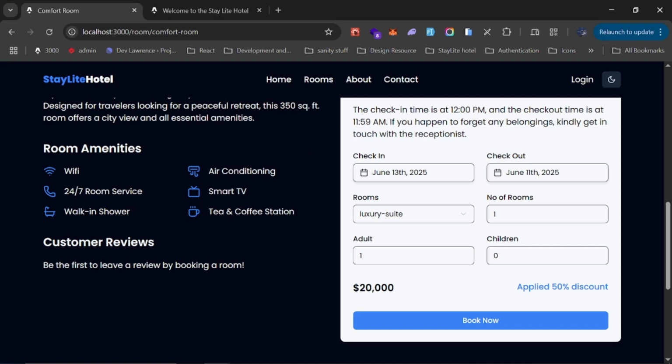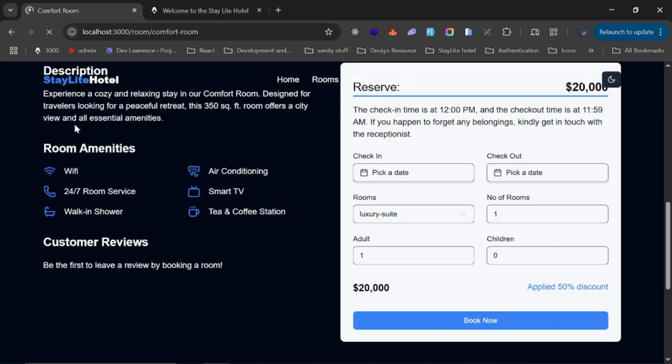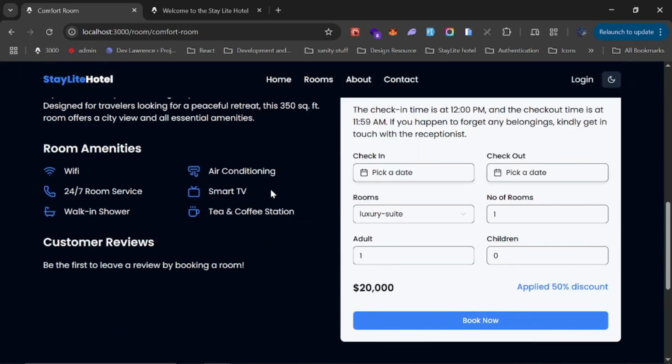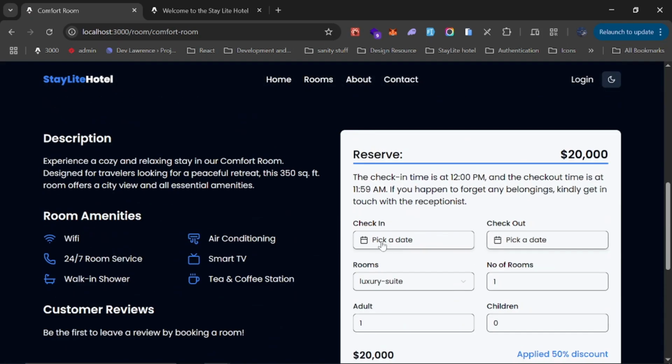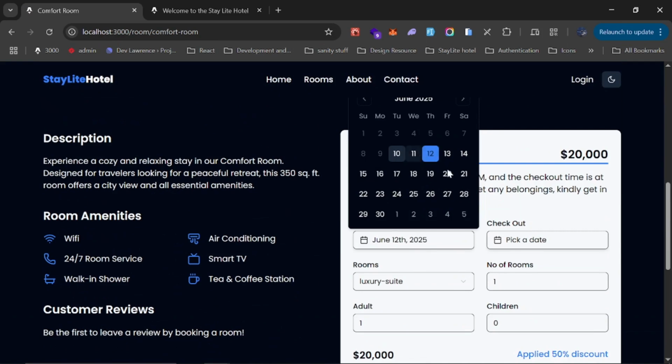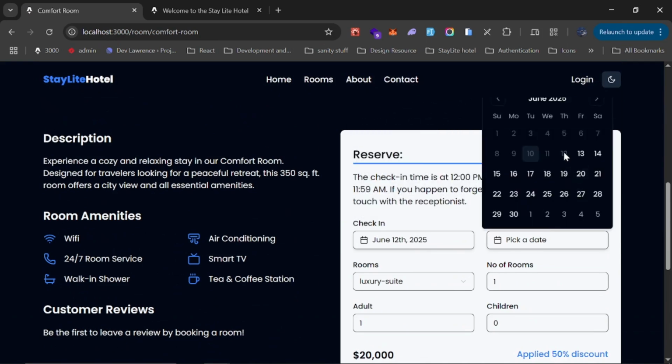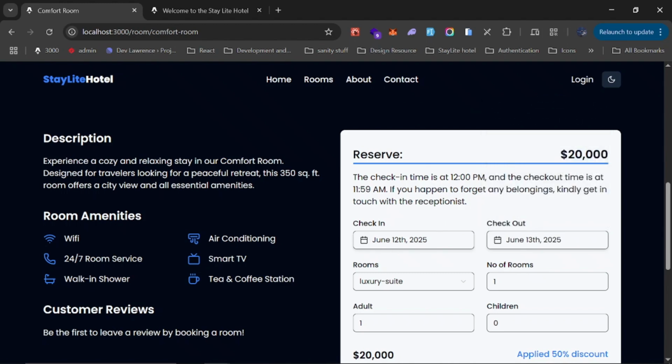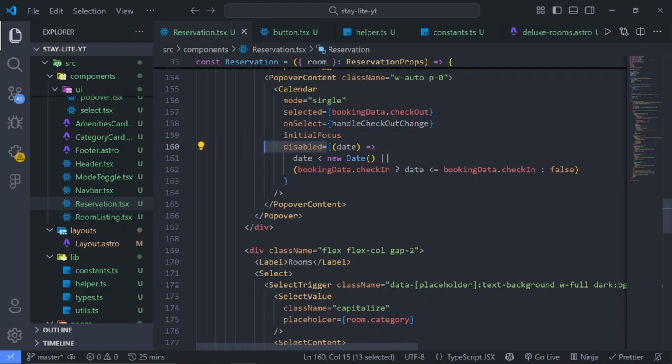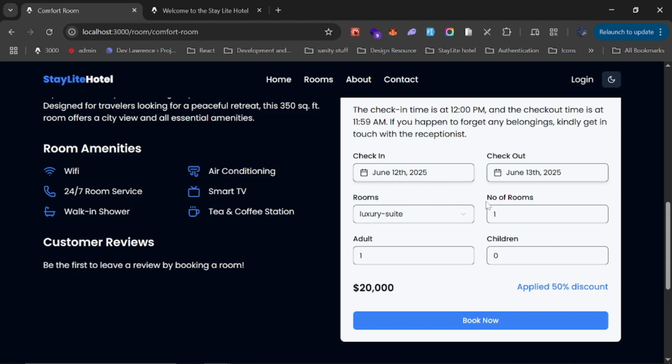So now I believe if I refresh again and pick a date, so let's pick any date, let's say 12. Now I shouldn't be able to select that date or the date below that, which is this. So we can only pick the date above that. So we can pick 14, 13, but we can no longer select 12 because it's already disabled. So the next thing we want to do is to keep track of the number of rooms the user selects,